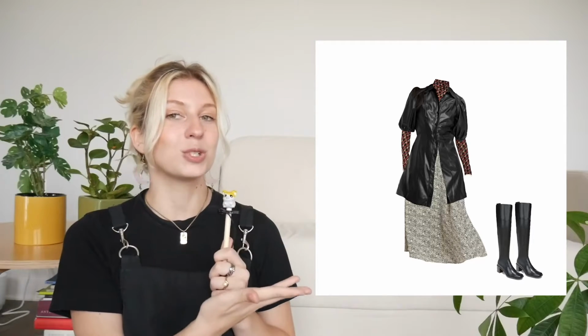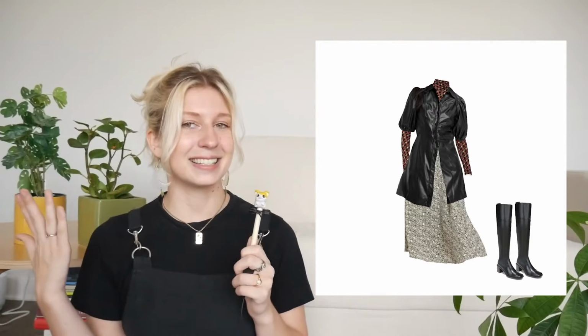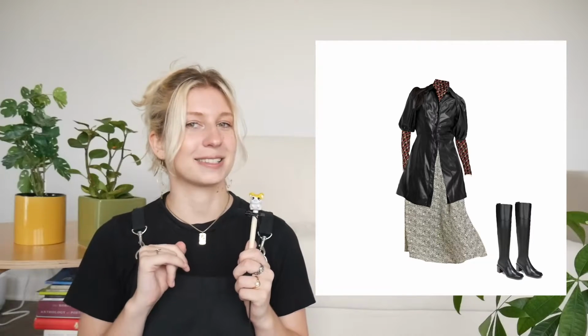And now we have this much more experimental look, and I just think it's another really cool use for this type of dress. All right, our next dress is kind of the complete opposite vibe,